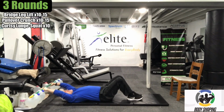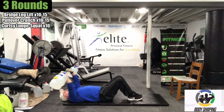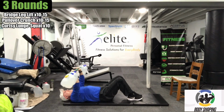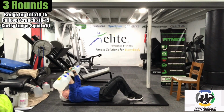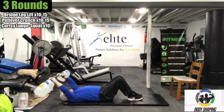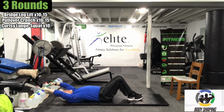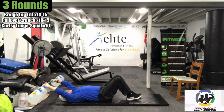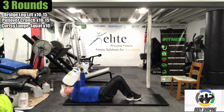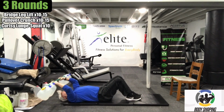Feel that core really engages them. Trying to focus on the back a little bit too as you bring that bar up. Down,